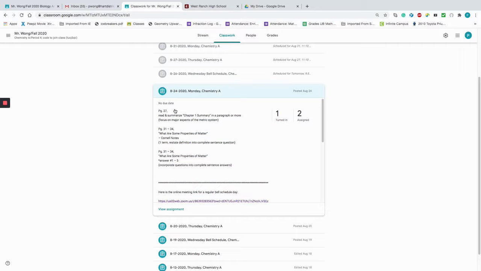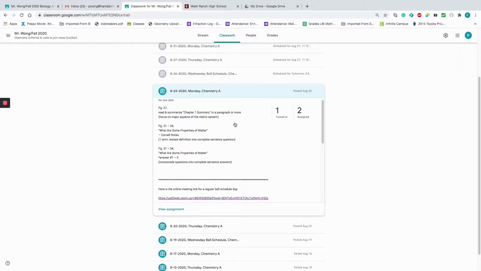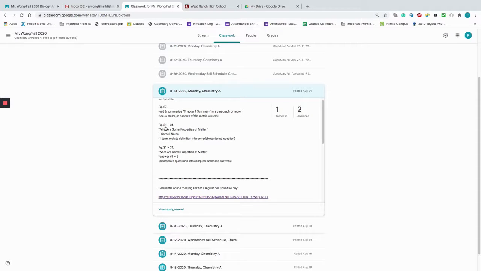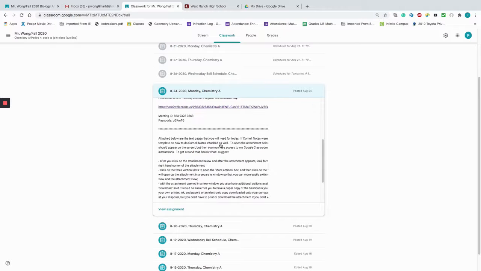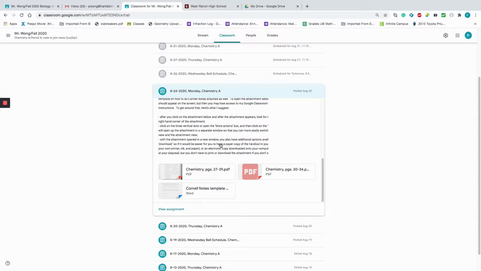The assignment is page 27, read and summarize chapter 21 summary in a paragraph or more, as well as page 31 to 34, what are some properties of matter, some vocabulary, and then answering questions 1 through 5 on page 31 to 34. So if we click on page 27 to 29,